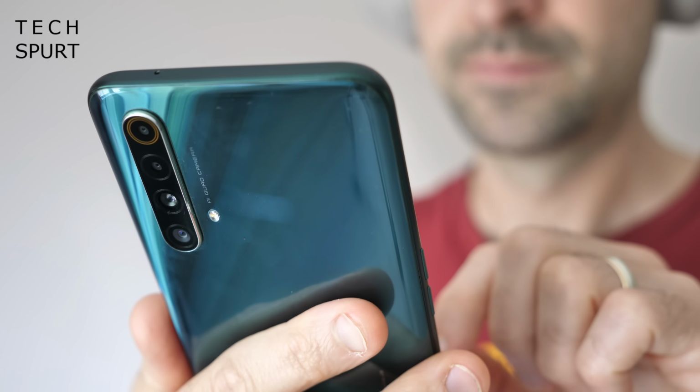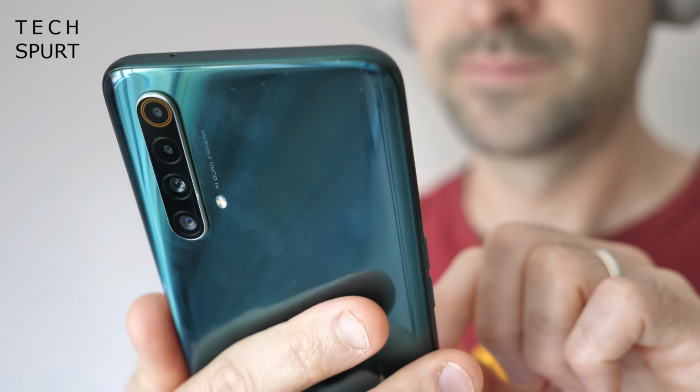Most days I actually ended with at least a quarter battery life remaining despite slogging the hell out of this thing, and if you sort of ease back on the more intensive tasks, you'll make it through 2 full days no problem as well. And the Realme even charges back up pronto too, thanks to the VOOC 4.0 30-watt fast